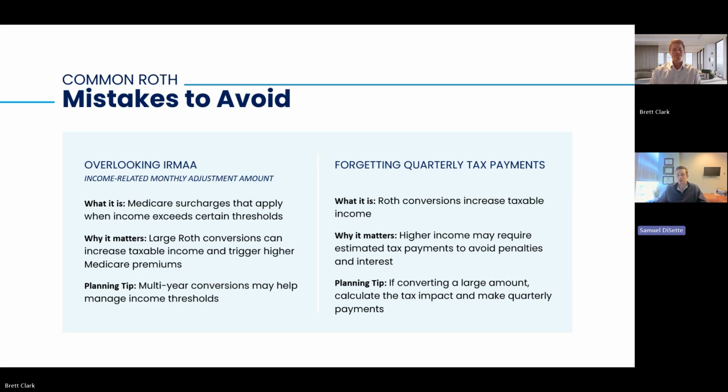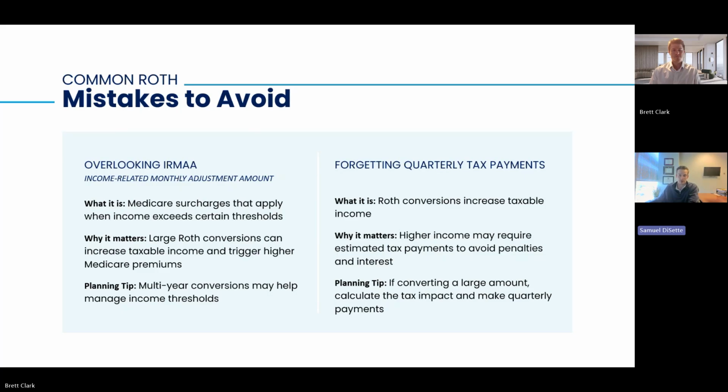Secondarily, people often forget to make sure they pay their quarterly estimate payments. When we make Roth conversions, our income is much more elevated than what our likely last year's tax payment was. So if you're now in a higher income, you may have to pay your quarterly estimates. The IRS says you can pay either 100% of your last year's tax payment, 90% of your current year's tax payment, or 110% of your current year's tax payment